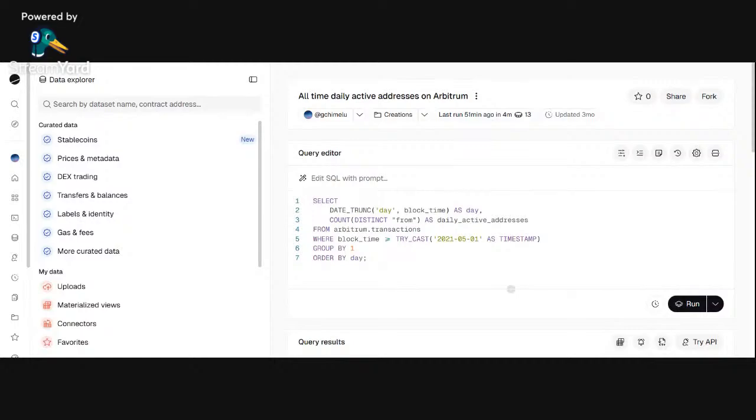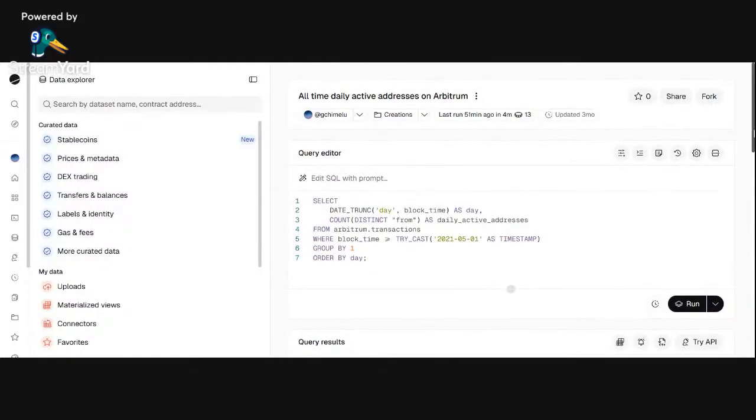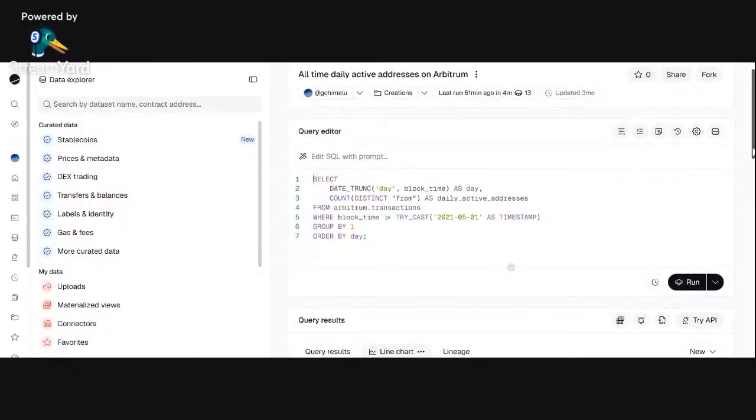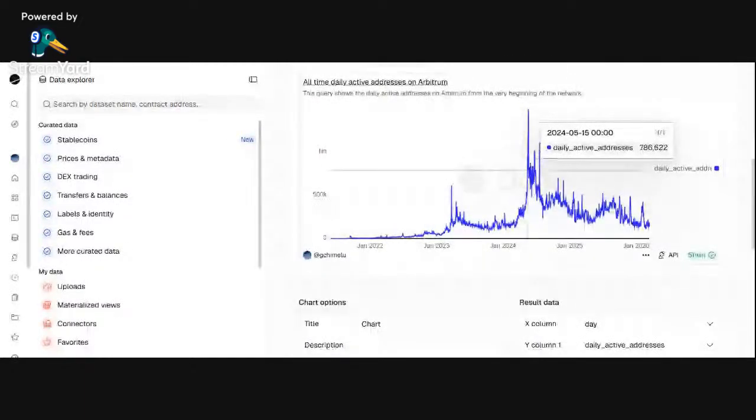So this one I tried to use May because I wanted to filter out earlier transactions that were testnet, and I wanted to filter out dev transactions and all that. I wanted to get, from my estimate, when real users came to the network. So then order by day. These are the results here, and you can see that there was a surge in 2024, but after that, like I explained earlier, it has been relatively stable.